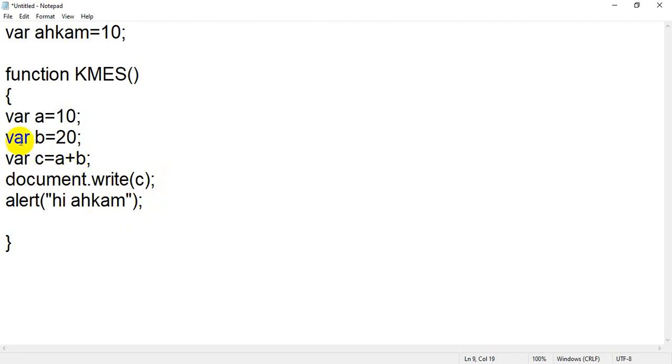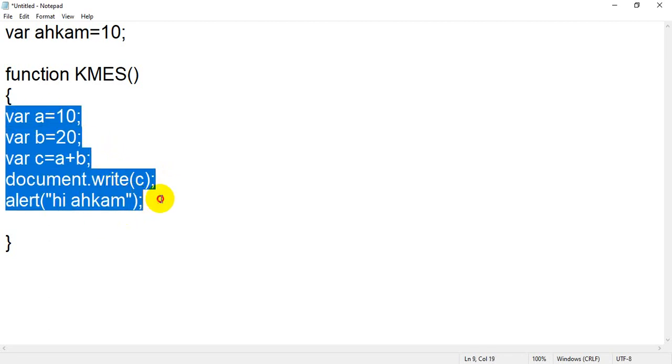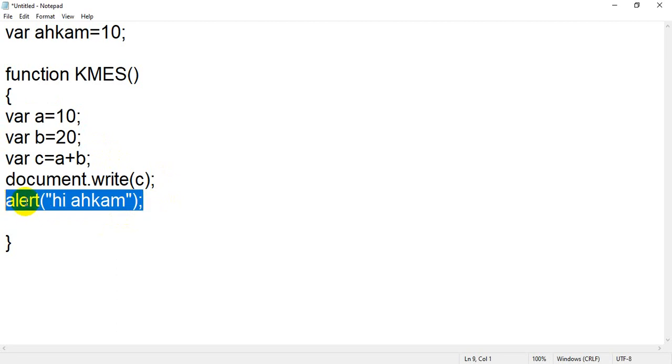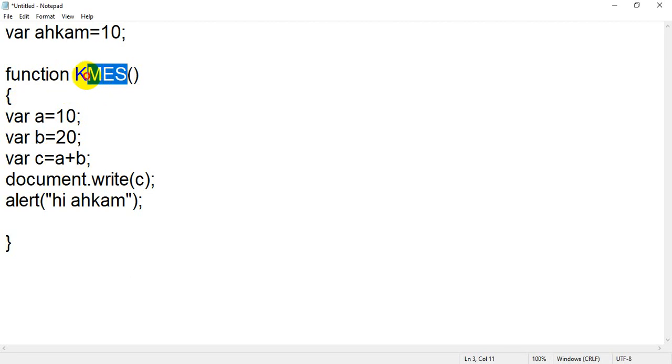So this line of code will not execute, even this built-in function will not execute. Why? Because first you have to execute this function. When it comes inside that function, then it will execute all the lines of code, irrespective of whether it's a user defined function or built-in function. But if you have written certain code inside a user defined function, first you have to call or execute this function, then the members of that particular function will be executed.